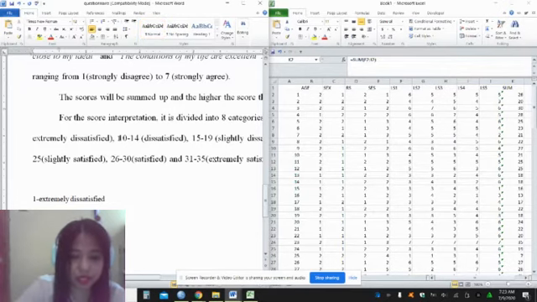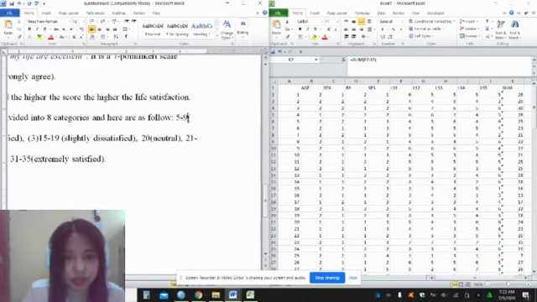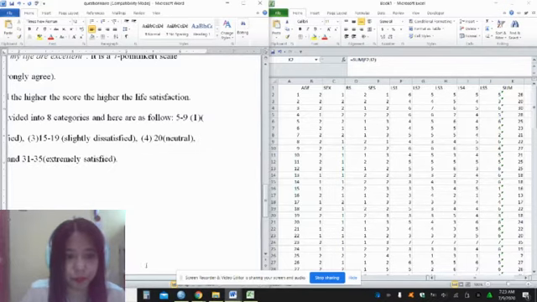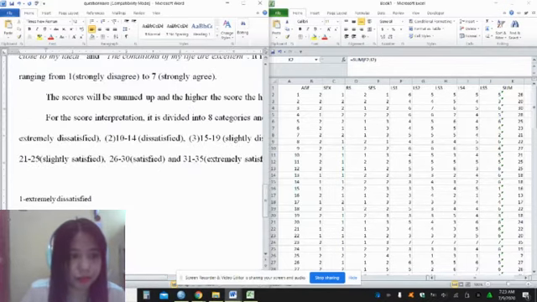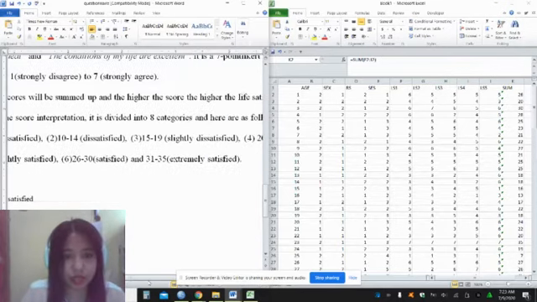Let's just place the code here. 2, and this will be given a code of 3. 4 for neutral, 5 for slightly satisfied, 6 for satisfied, and 7 for extremely